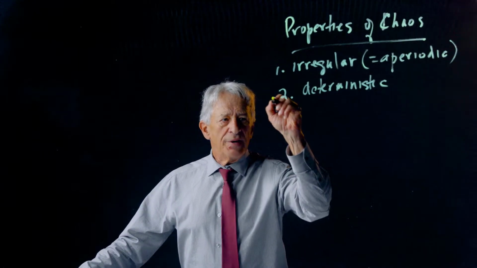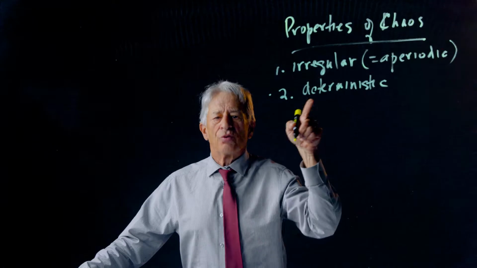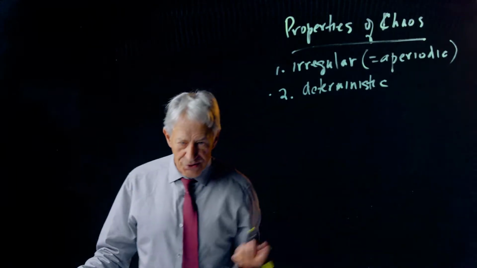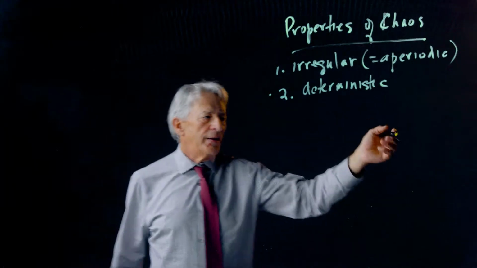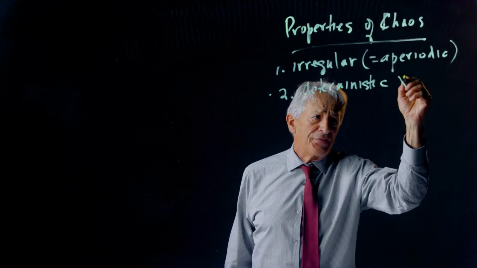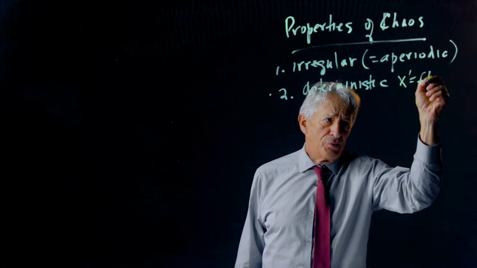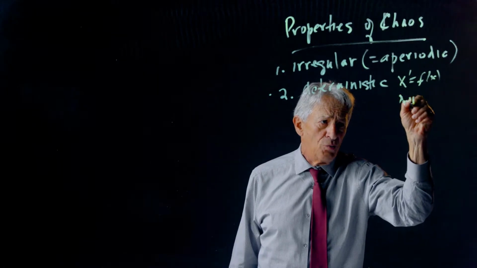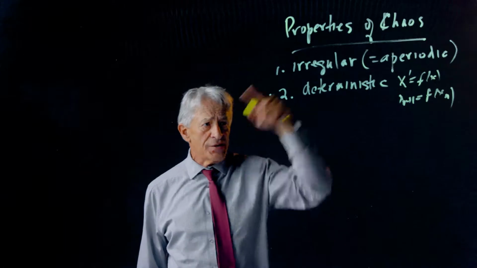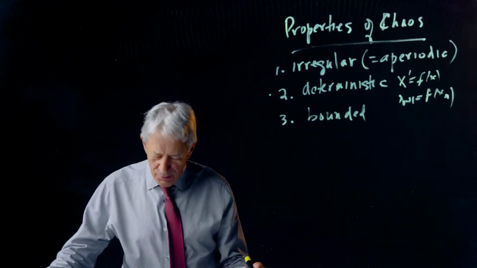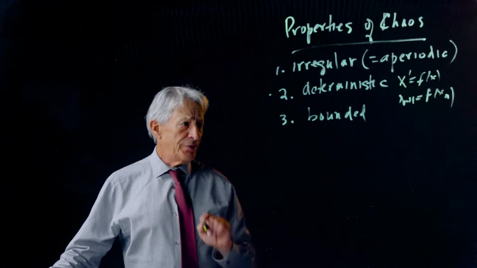But this is going to become an issue in real-world systems, which is going to be our next topic. But for right now, we say in the math, it's very easy. X prime equals f of x, or xn plus 1 equals f of xn. These are deterministic processes. The third property is that it's bounded,